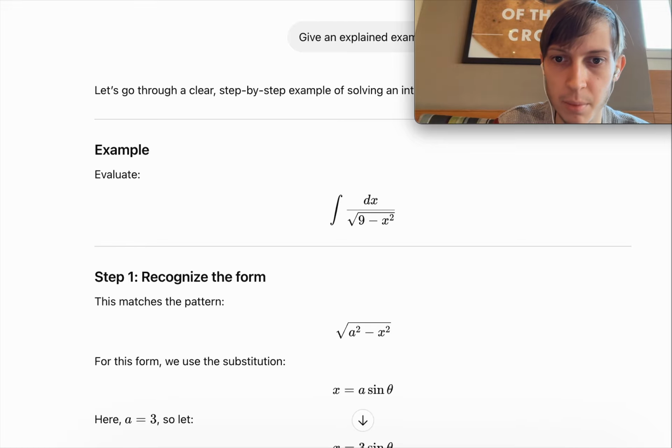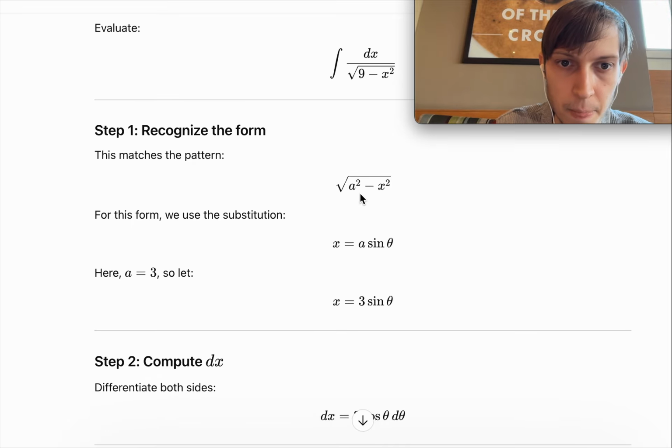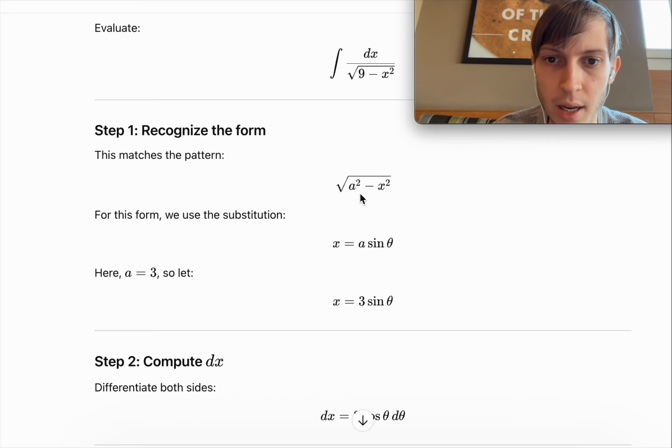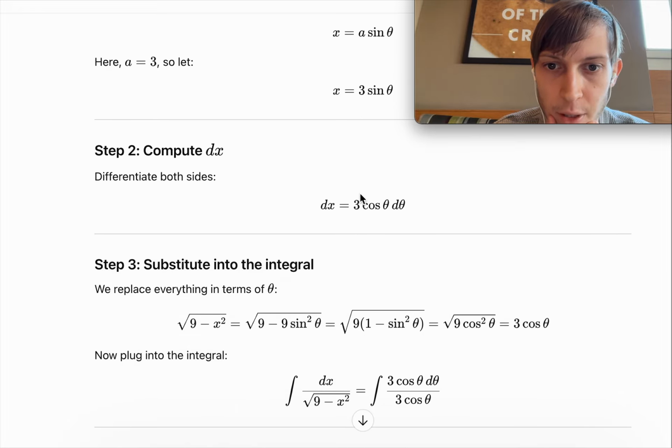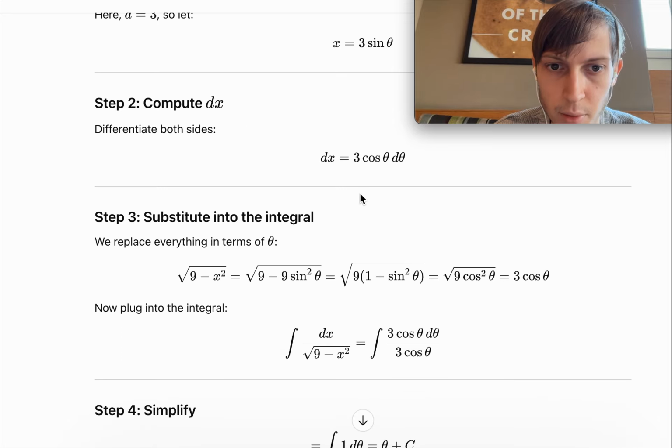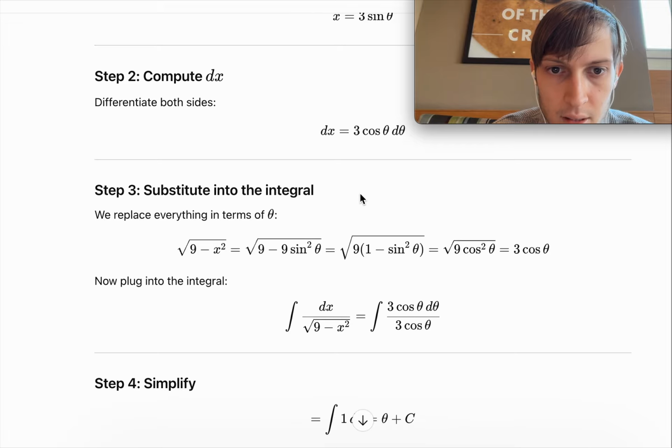So what we have, for example, is such an integral: 1 over the square root of 9 minus x squared, and it matches a pattern, a squared minus x squared inside a square root in the denominator. So for this form we use the substitution x equals a times sine theta, so we introduce a new theta there, and then a is 3, so let x be 3 sine theta. Then we compute the differential dx using the derivative of both sides, and then substitute into the integral. We replace everything in terms of theta,